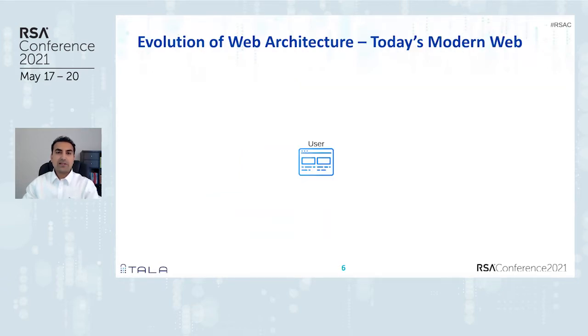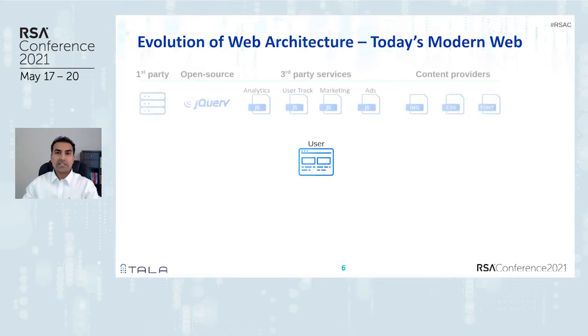And as we look in the past few years to today, the architecture has evolved for many reasons, including optimizations that enterprises want in terms of speed, as well as increased computing capacity on the client devices, that is your PC and your mobile devices. As a result, today's websites integrate dozens of third-party vendors, all the way from your user analytics, marketing tags, CDNs, open source libraries, and so on.